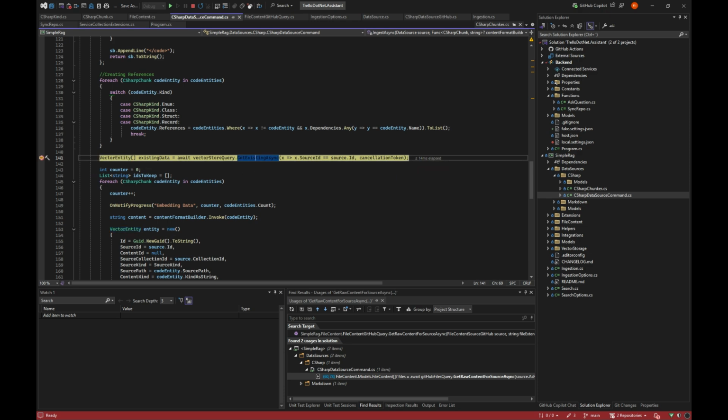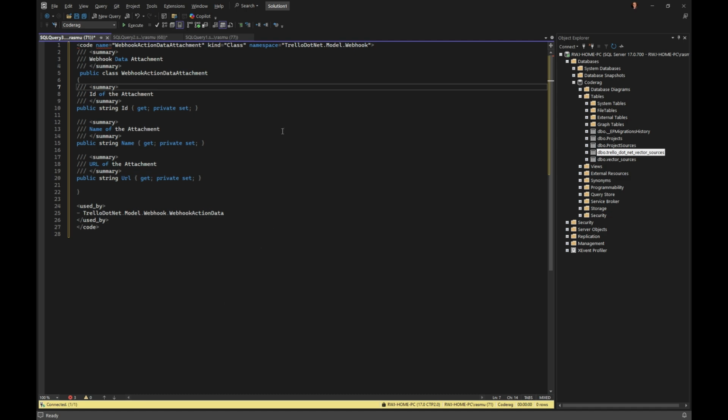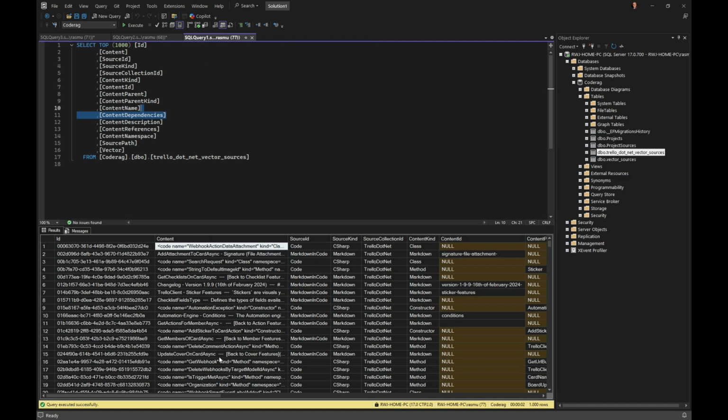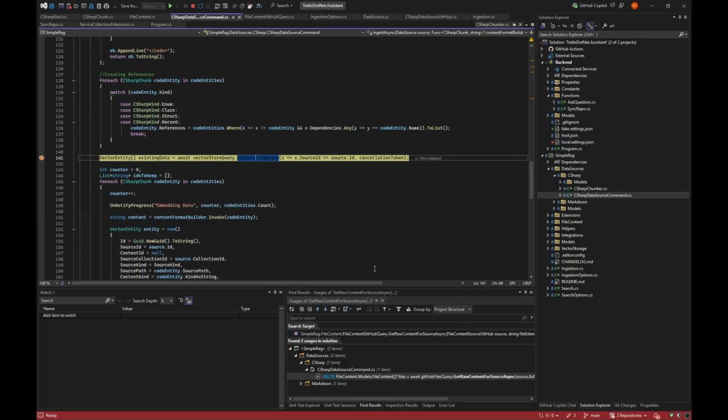This is essentially a kind of SQL statement saying, give me everything, which is from this specific source with this specific collection. Nothing more than that. And if it's SQL, we get it back from SQL as SQL. If it's Azure AI Search, it will give it back as Azure AI Search.